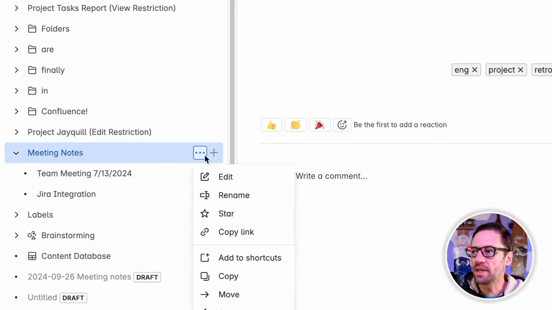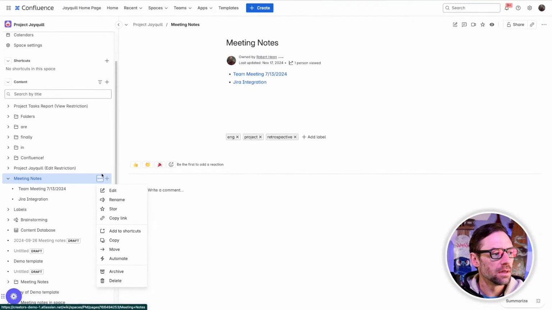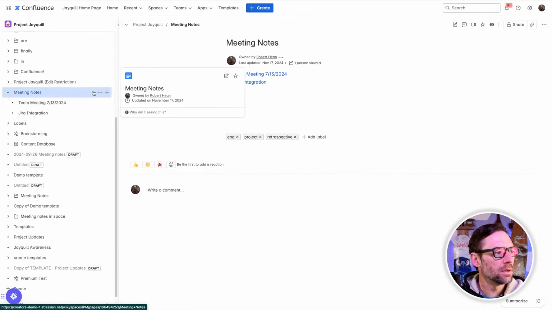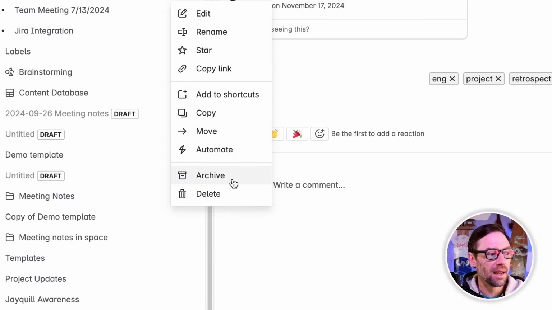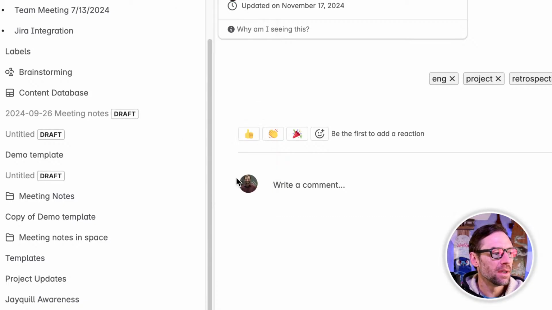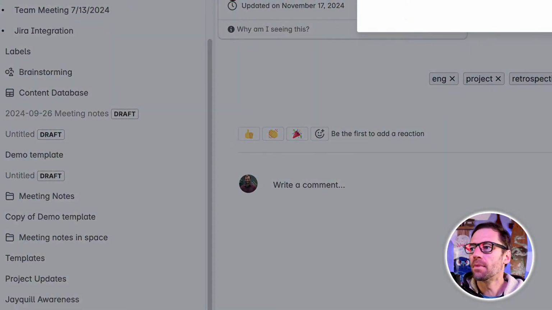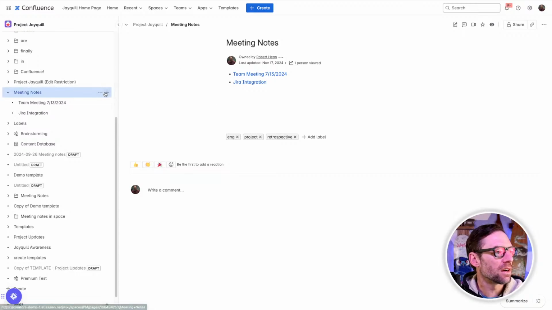And I can click on these 3 dots. Let me scroll down a bit. There we go. And I've got archive and delete at the bottom. Again, if these are missing, if I don't see them, it means my space admin has taken that permission away. I'd have to go talk to my space admin for help. But if I click archive,